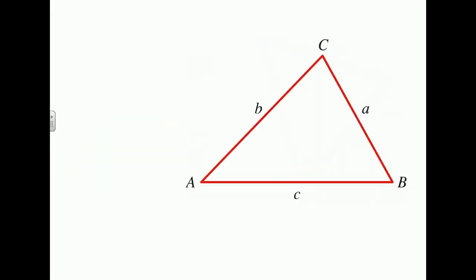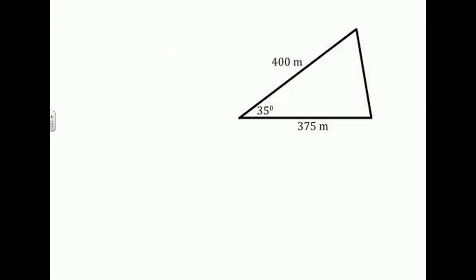Okay, so we started talking about using law of cosines. We did one example yesterday. Let's do a couple more here to start. When you set up law of cosines, you always start off with whatever angle you're using, its opposite side starts the whole formula off. So in this case, I want to know this value right here. I know the other two, but I'm missing one. The opposite side of the angle we have starts off the whole equation. So we're going to start off with x squared equal to,